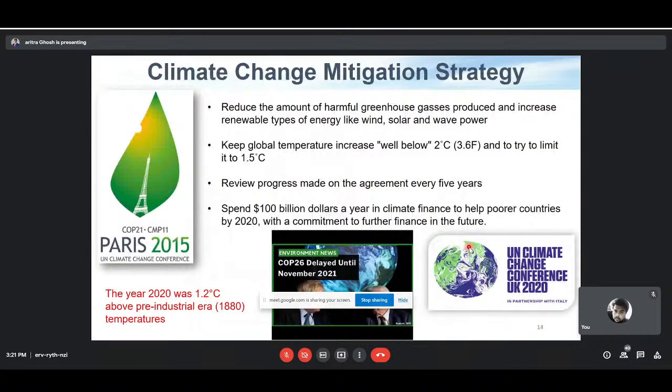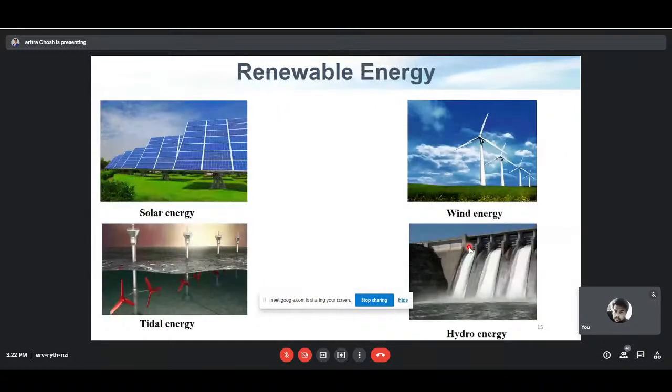To have that, our global leaders sat down back in 2005, maybe at a round table or a square table. They said, okay, now we have to find out how we can stop increasing our global temperature. They set a lot of targets, and said that every 5 years they'll review the progress and find out whether every country is following the same path or not. Though the USA said 2 years ago that they will not follow the path, most countries globally said that yes, they will follow the path. That is the reason that right now, globally, renewable energy is gaining more and more importance.